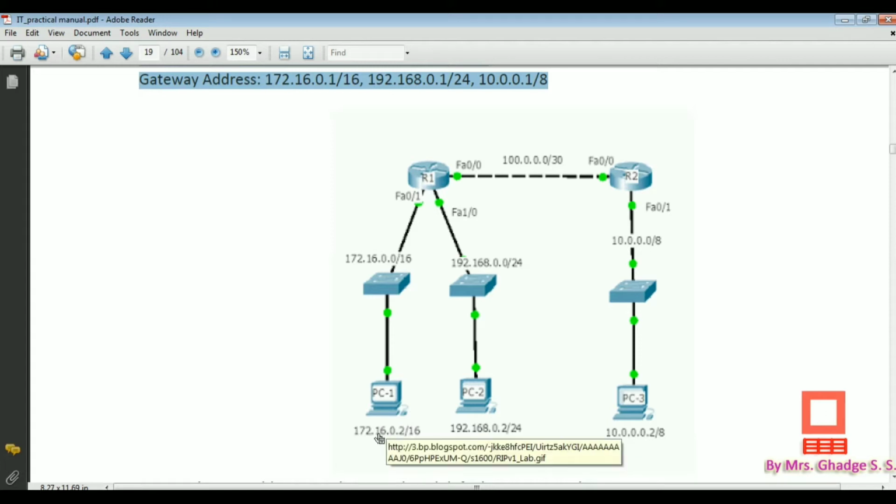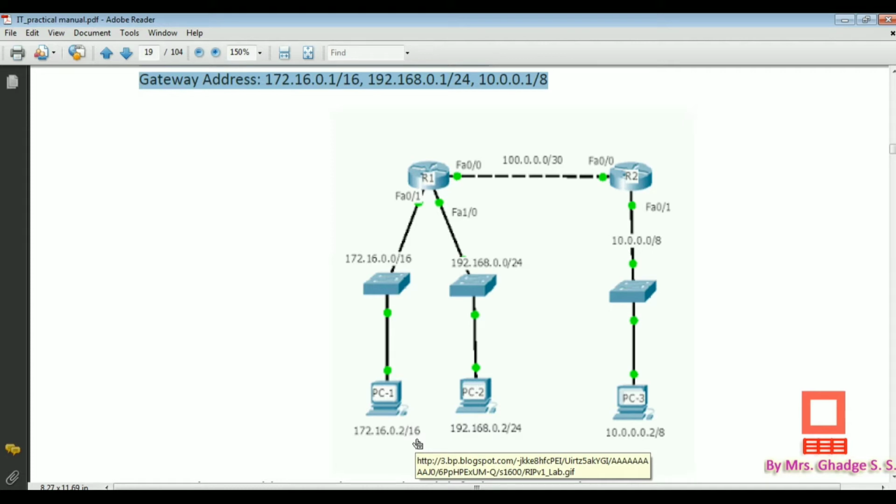For the first IP address, with /16, out of 32 bits, since an IPv4 address is a 32-bit address, 16 bits are used to identify the network and the remaining 16 bits are used to identify the host.